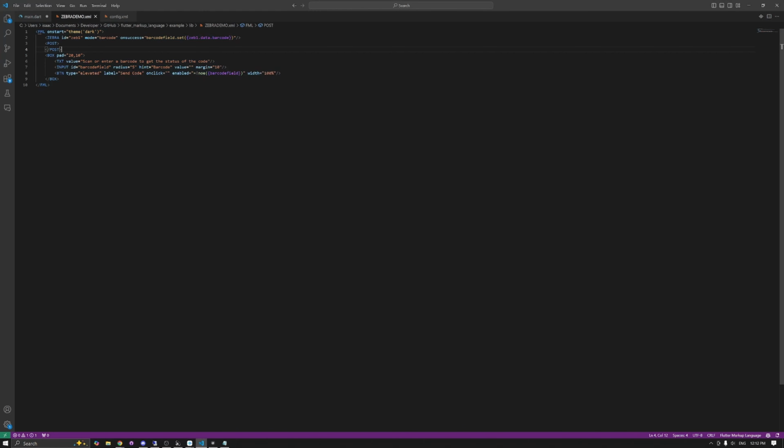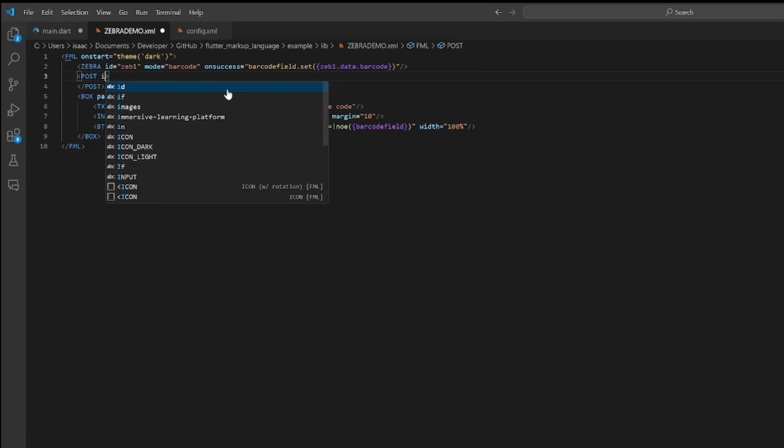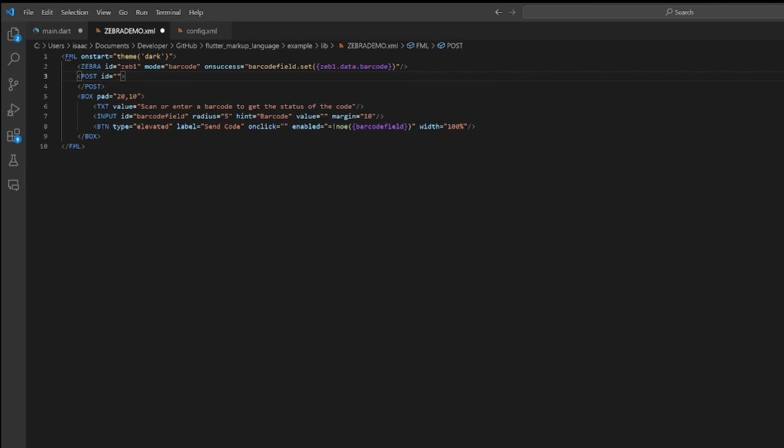Now for the final part, which is connecting the ZEBRA barcode reader into the post API. So let's give the post an ID, and let's call this post1. Let's say on success, and on success we're going to toast the user, and then we're going to clear the barcode field, adding a semicolon as a separator, barcode field dot set, and we're just going to set it blank. If you'd like to notify the user of a fail, we're going to say on fail, and we're going to toast the user again, and then we're going to bind to one of the bindable properties of the post widget, which is